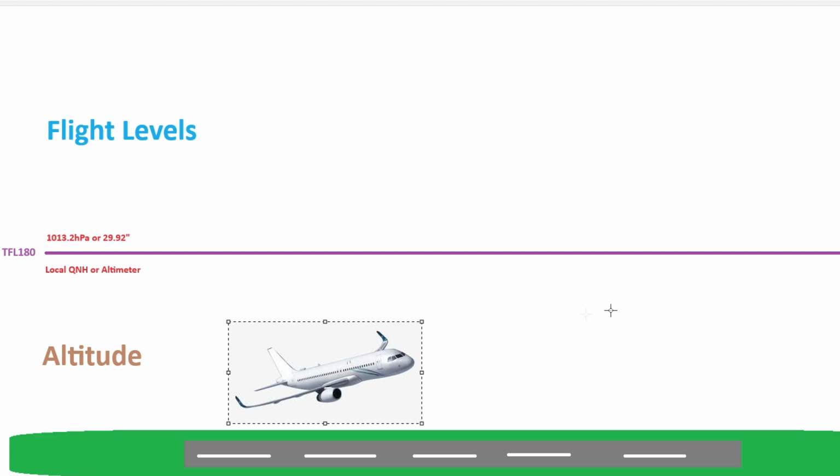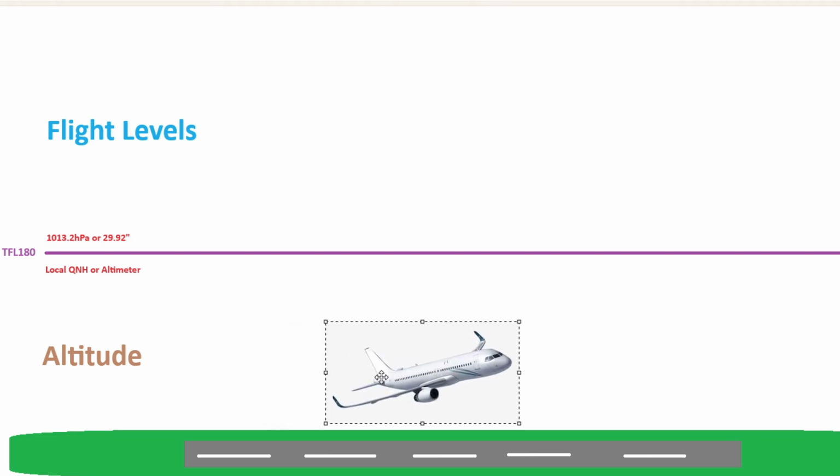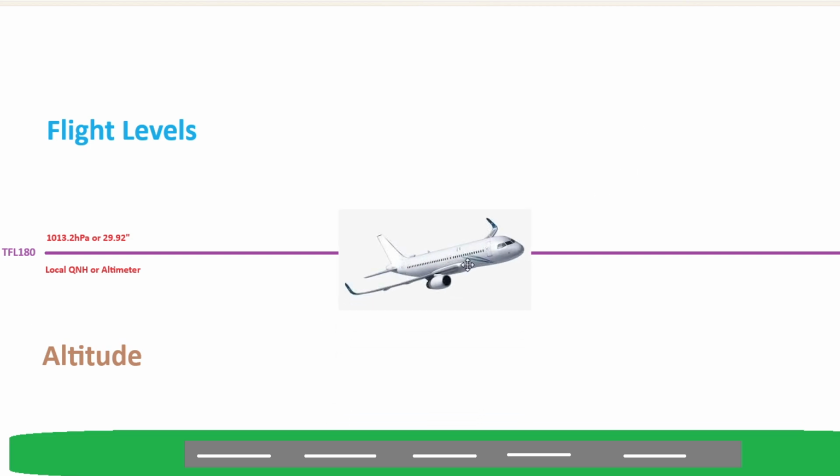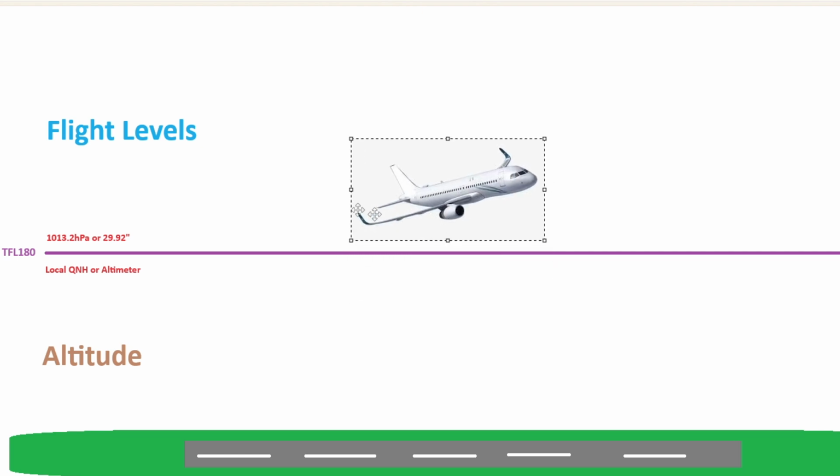So this means that when we're taking off of our airport down here, we are below the transition flight level or TFL, therefore we have to be on our local QNH or altimeter, and we take instructions and repeat them as altitude. However, the moment you reach 18,000 feet or the transition flight level, they will start calling it a flight level. So they will say climb flight level 190, meaning that you acknowledge it back as a flight level and you switch over to standard pressure, which is 29.92 inches or 1013.2 hectopascal.